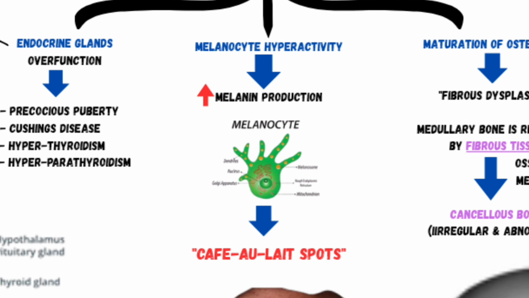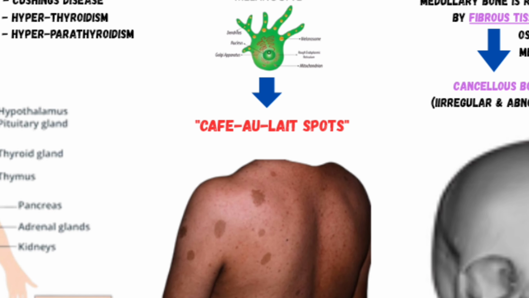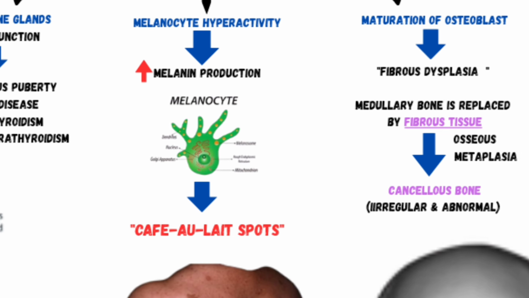Second is the overactivity of melanocyte, which leads to melanin overproduction. And this causes coffee brown spots on the body called cafe au lait pigmentation. Third is the most important,